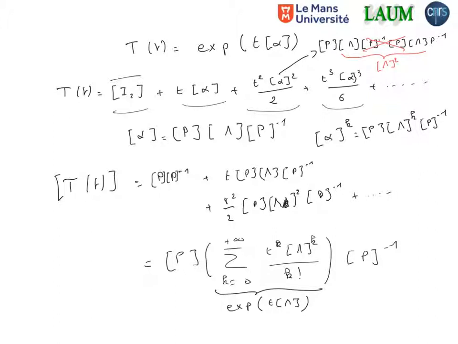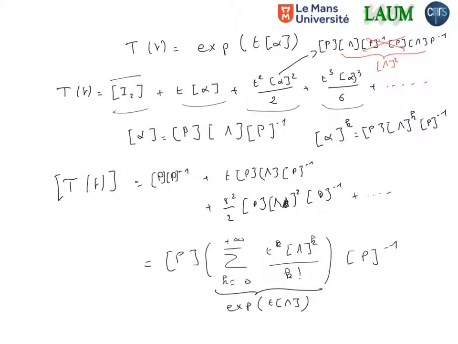And one main advantage is when lambda is diagonal, so this has some values, lambda 1 and lambda 2, that we will compute later on. When we have a diagonal matrix, then the exponential of the diagonal matrix is the exponential of the diagonal terms. So this is very easy to compute. And then the point is that when we have computed this diagonalization, we can obtain a very condensed form of